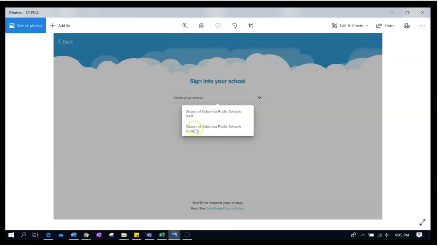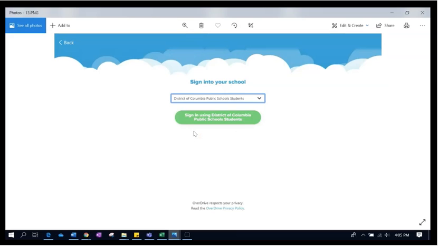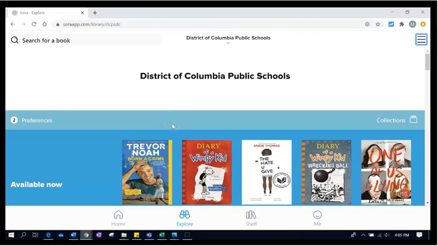You're going to then be brought to this page where you need to click this little drop down and select District of Columbia Public Schools Students. Click that, and then click the green button that says Sign In. Once you do that, it's going to open up this page, which is Sora's main web page, and